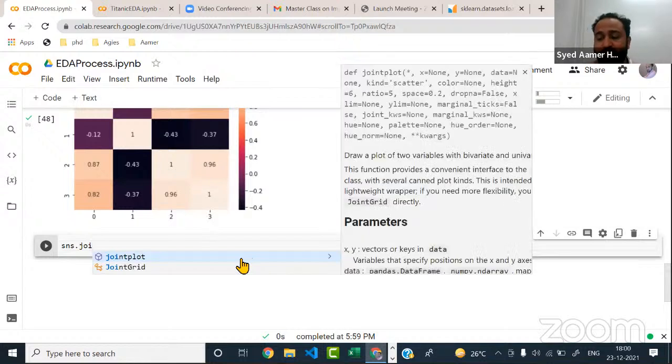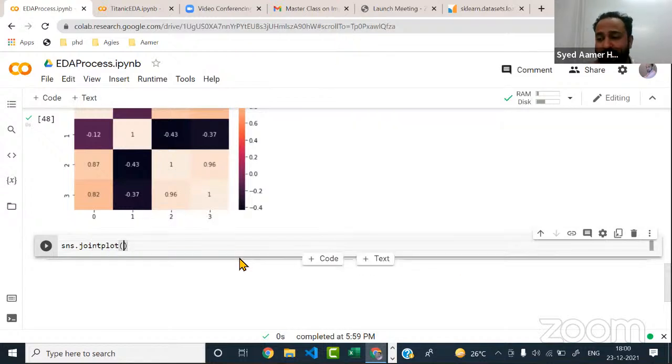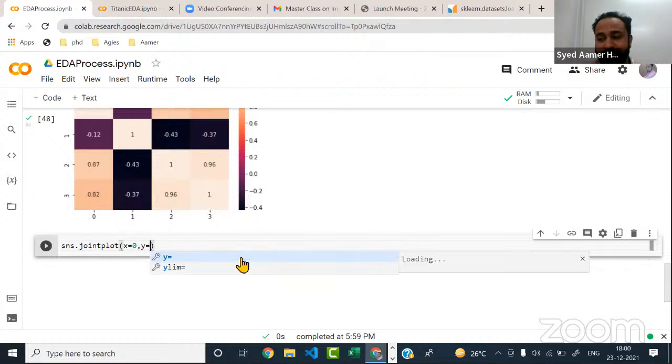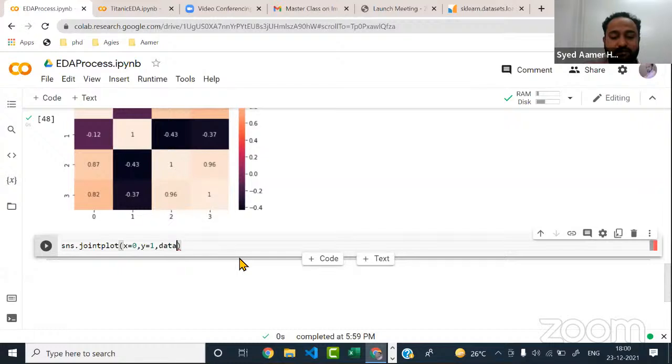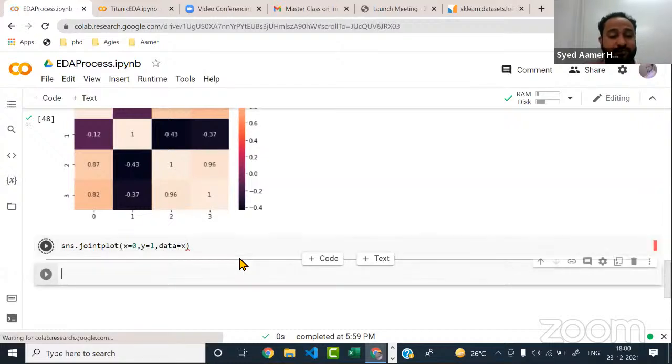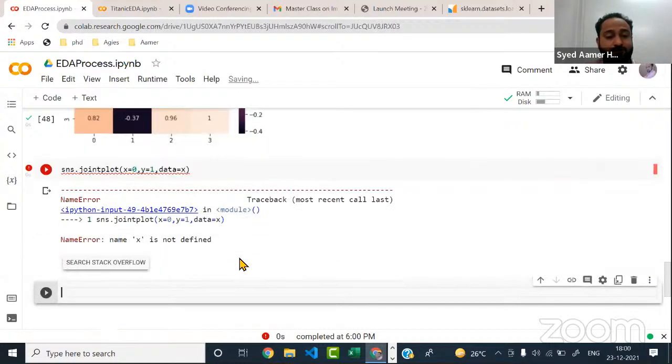Okay, then there's something called joint plot. You just use joint plot. You need to give it two values, x and y. Okay, and from where you're taking them, let me take it from capital X. Let me show you what joint plot is doing.